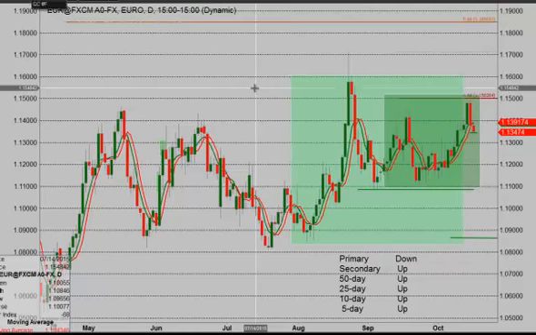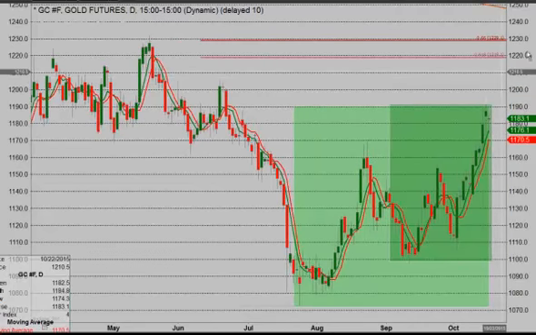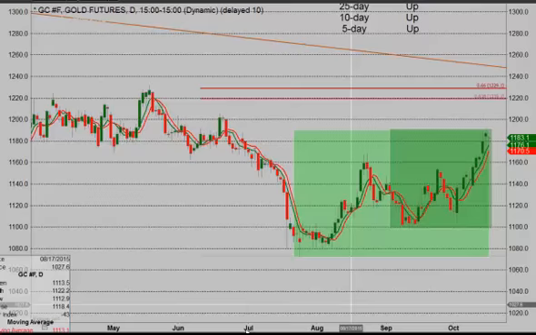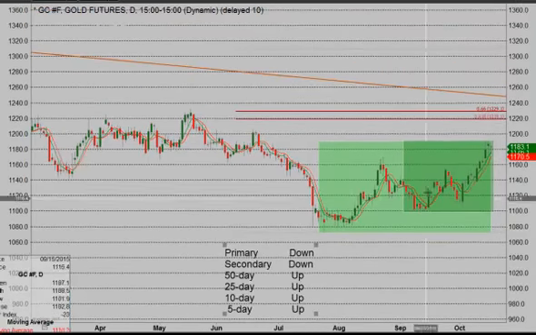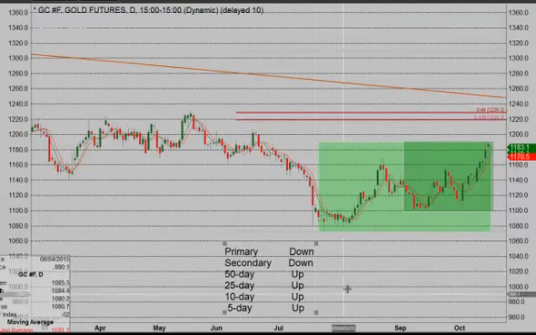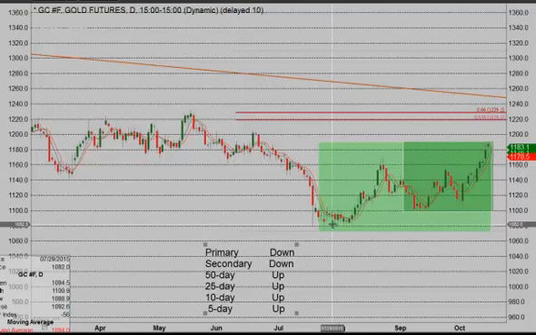Here's the gold market. I pull up the gold market and I'm reminded of why I need to keep these ratios on my chart and why I need to specifically mark out these patterns, because sometimes my opinion will seep into my analysis. I don't want that to happen. I remember here at the time saying, that's potentially a secondary bottom in place. Now, as it turns out, it is a secondary bottom in place.